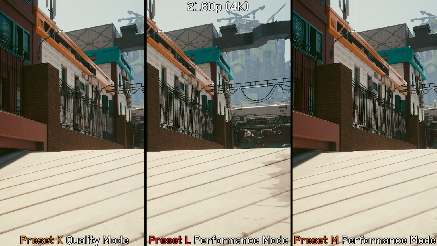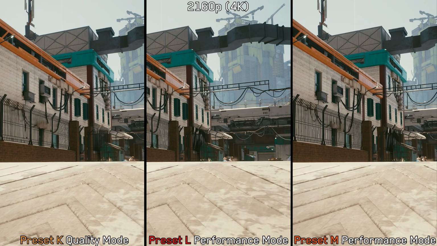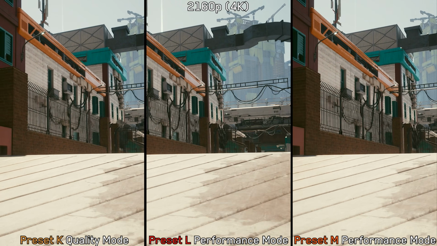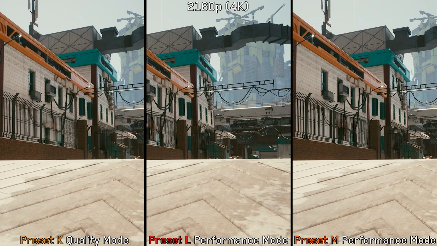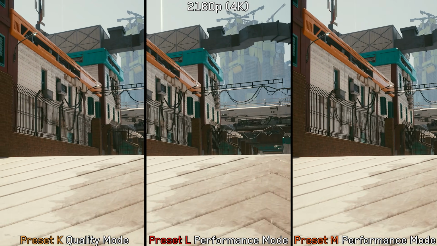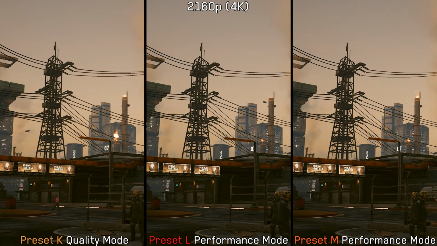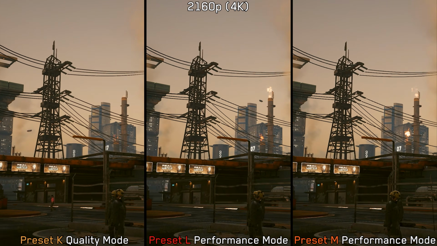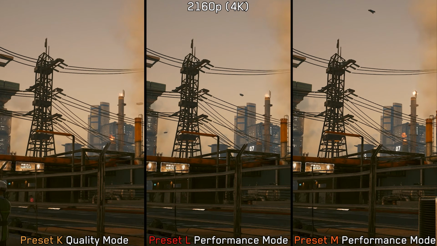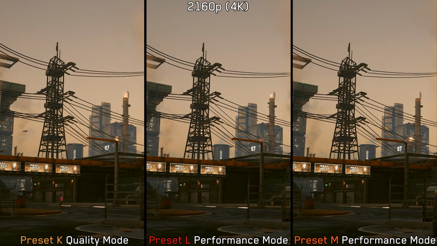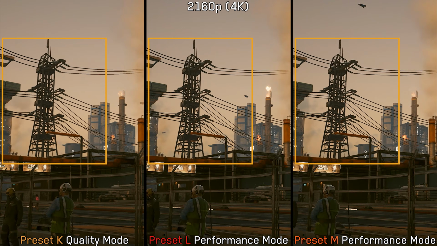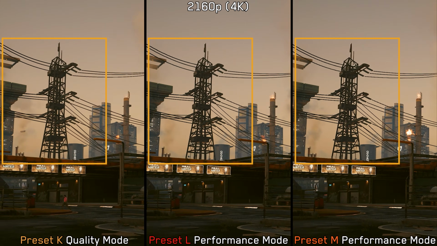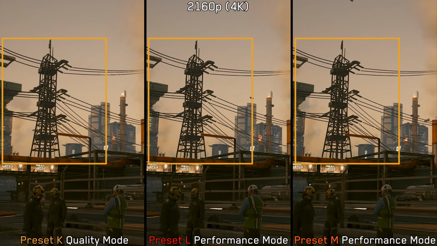Now let's talk about some other image quality aspects, starting with how DLSS handles thin and complex geometry, which has always been a pain point for all upscalers to resolve correctly. Here in Cyberpunk 2077, even at 4K, using a lower input resolution such as performance mode with the new presets can negatively impact these elements. Notice how the distant tower and the power lines look unstable with preset L and M compared to preset K